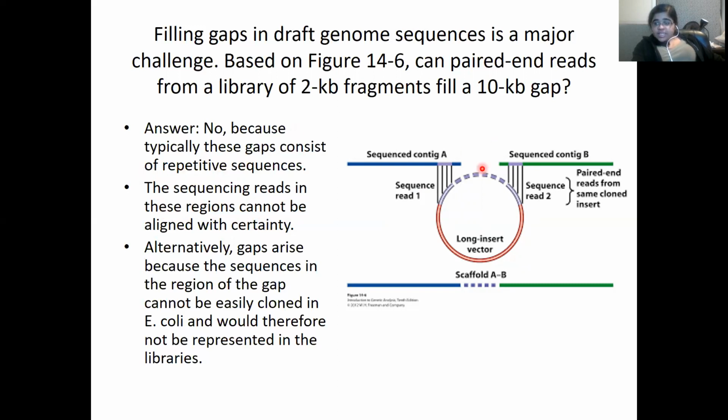So essentially, they cannot align with each other, since typically these gaps end up with repetitive sequences. So essentially, you cannot build it back together without any certainty. So that is why these gaps come up,